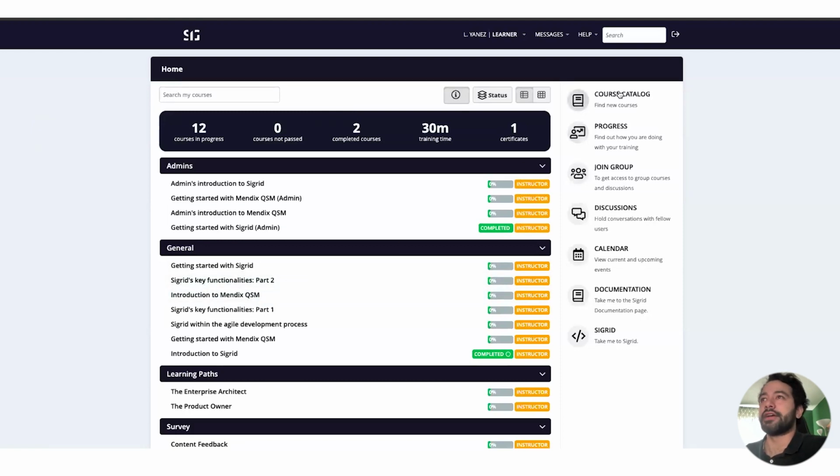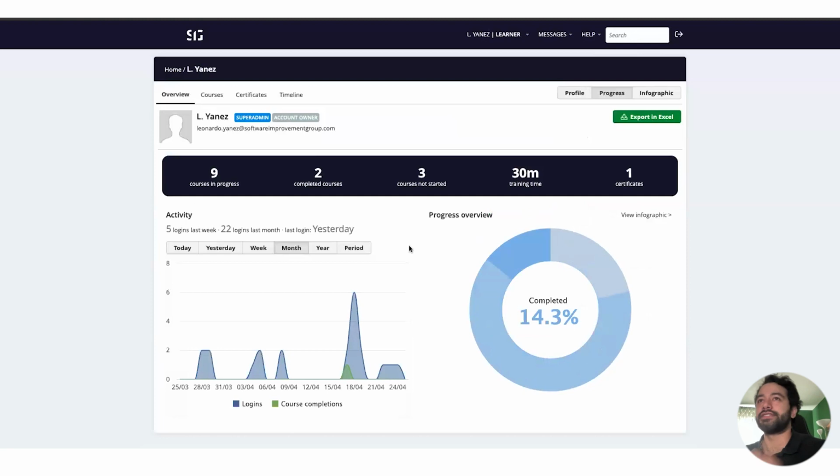On the right-hand side, you will see a button that says progress, and clicking on that takes you to a different screen in which you can see how you have been doing with regards to your learning.